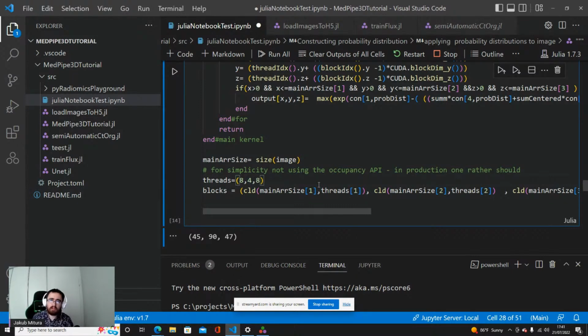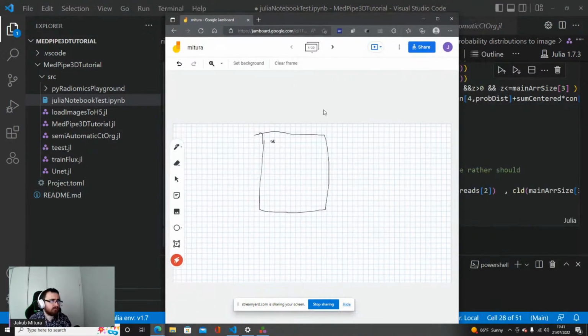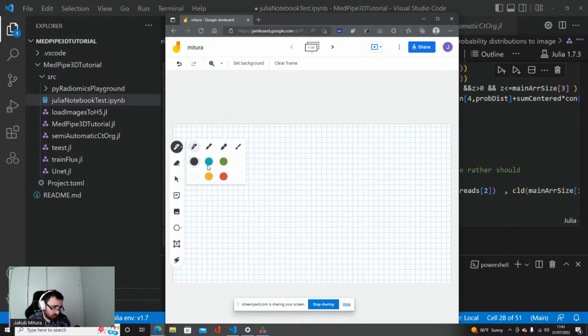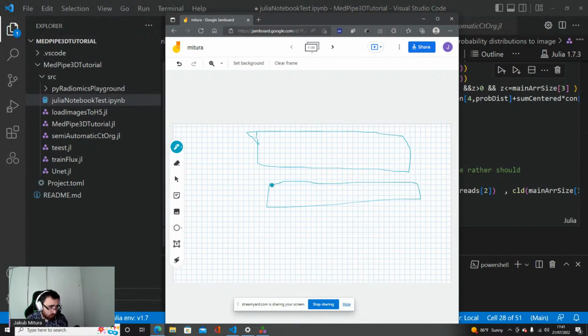And just for others who may not remember memory coalescence, this is a huge topic, and one of the most important to get the most out of the GPU. Basically, for the GPU, one of the most important things is when you load the data and how you load the data, because the threads in the GPU are not working on their own.